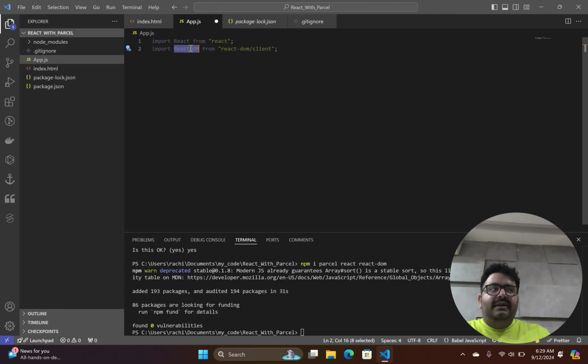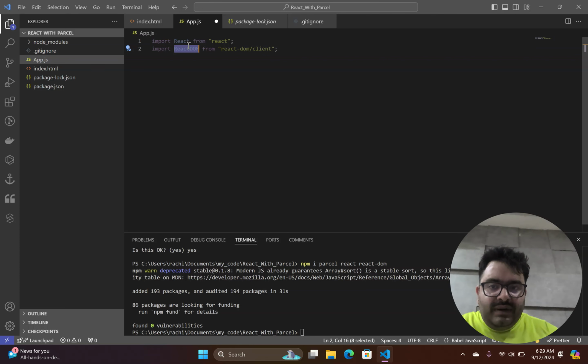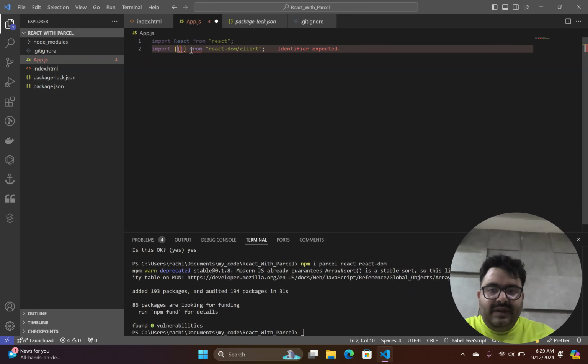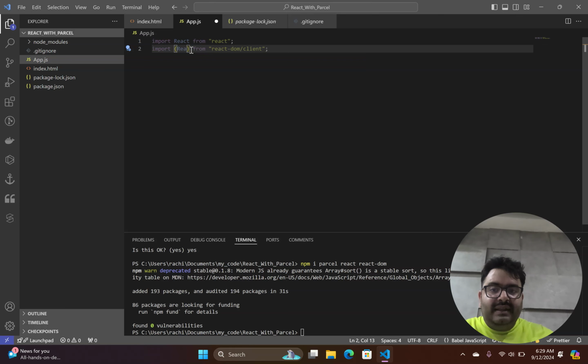And there are two kinds of imports. One is default import like this, and one is non-default import that is like this. For now, React DOM was exported like this, so I've imported it like a default import. So yep, that's it. Moving forward,